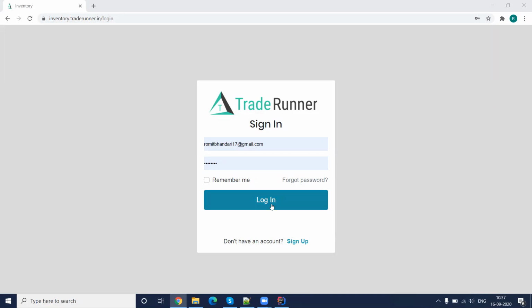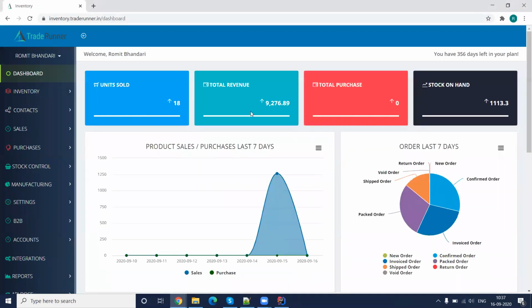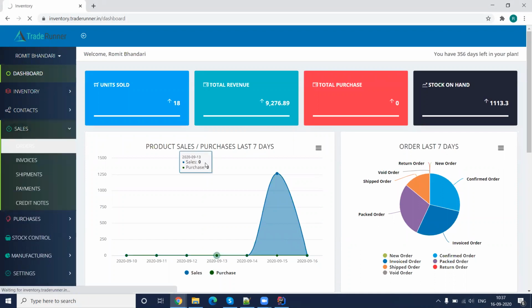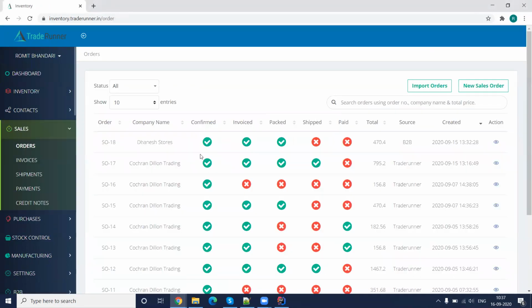In this video, we'll be looking at the sales order workflow, how sales orders work in TradeRunner. So I just logged into one of my demo accounts. Let me directly hop into sales orders. So we list these sales orders in the screen